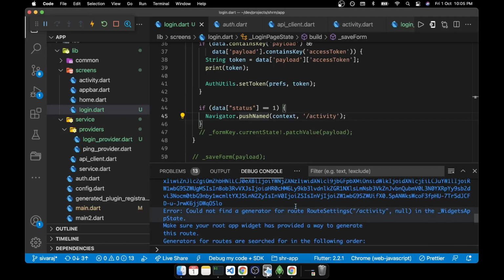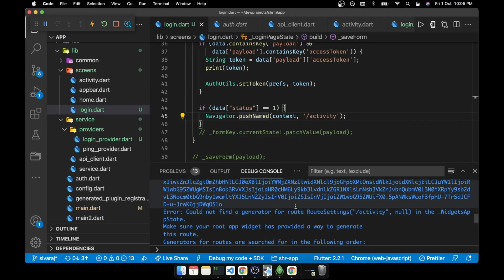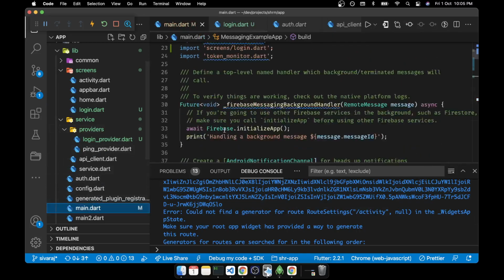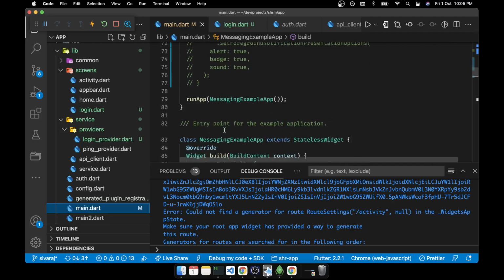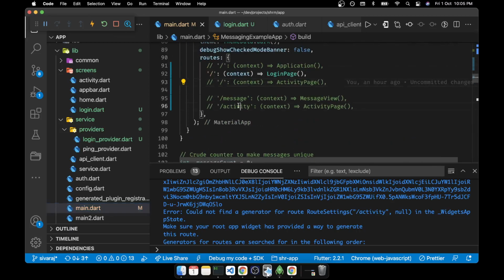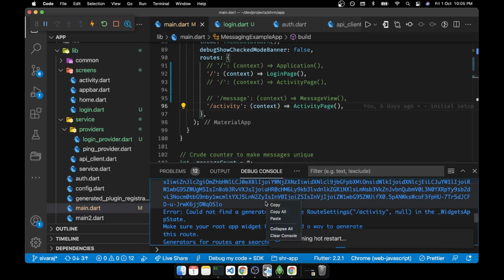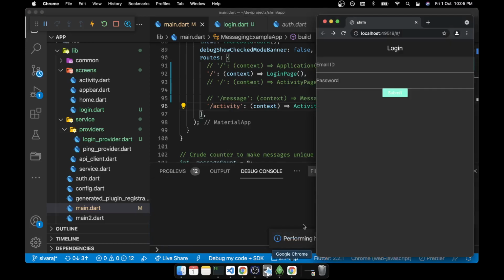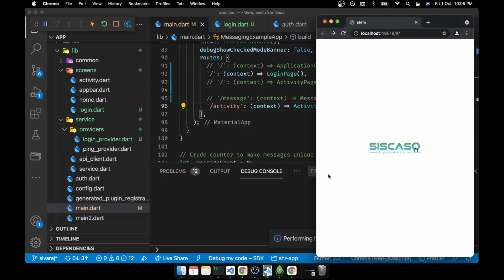What it says: could not find generator of route settings activity. Okay, because I have commented everything. So activity has to be pointed to the activity page. If the activity page is coming, then it is working. Whenever we click login, if it takes us to the activity page, then good to go.